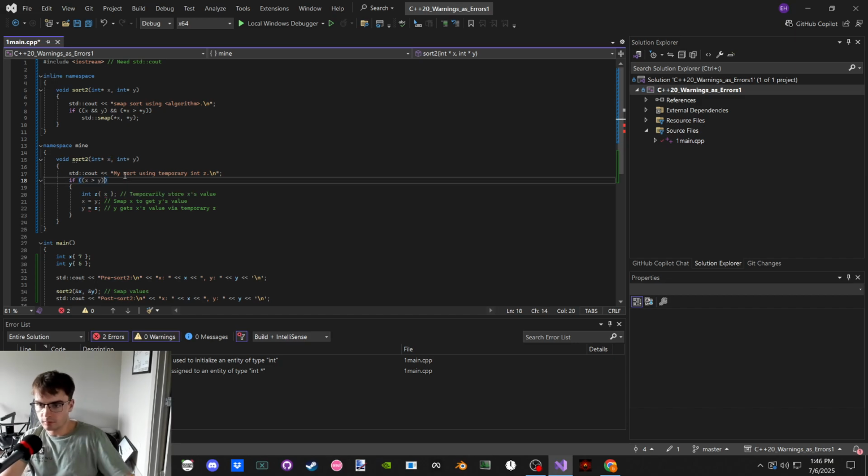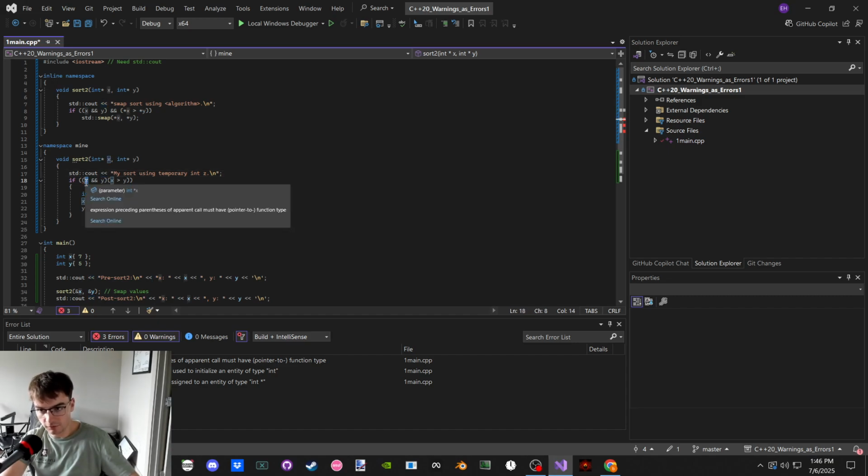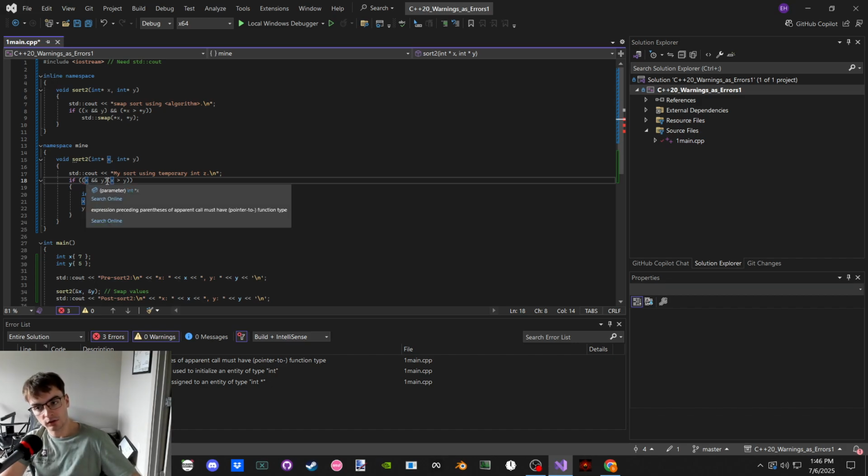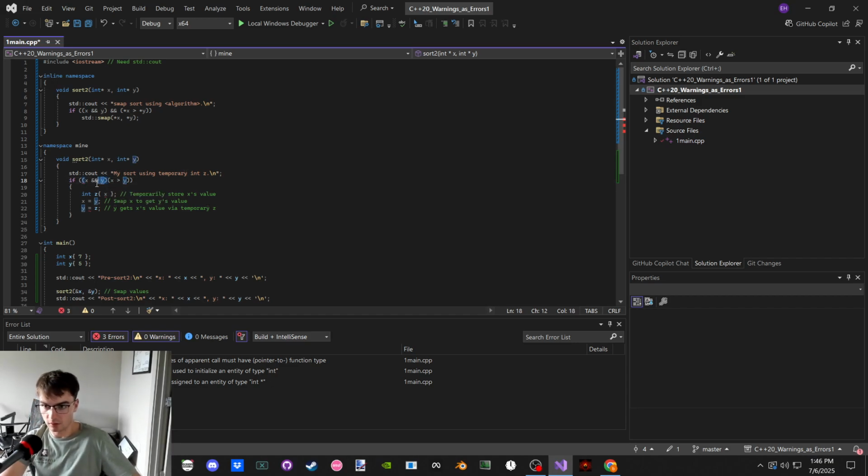We need to make sure that, hey, is X valid and Y valid? If X is false, the whole thing stops. If X is true, if X isn't null, but Y is null, this whole thing stops.